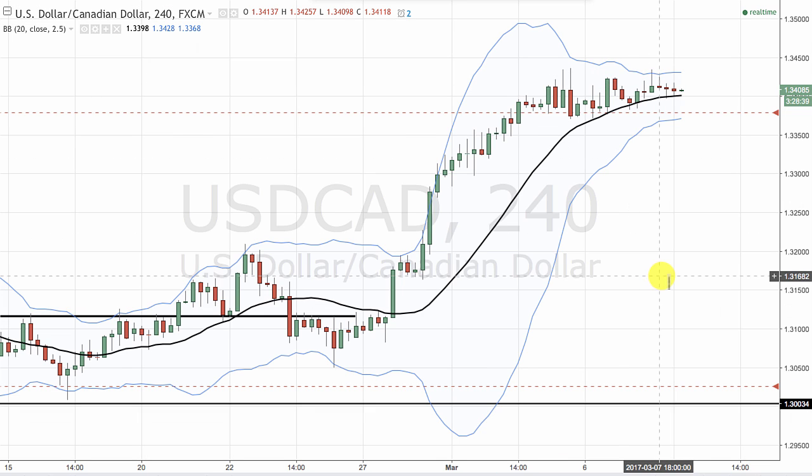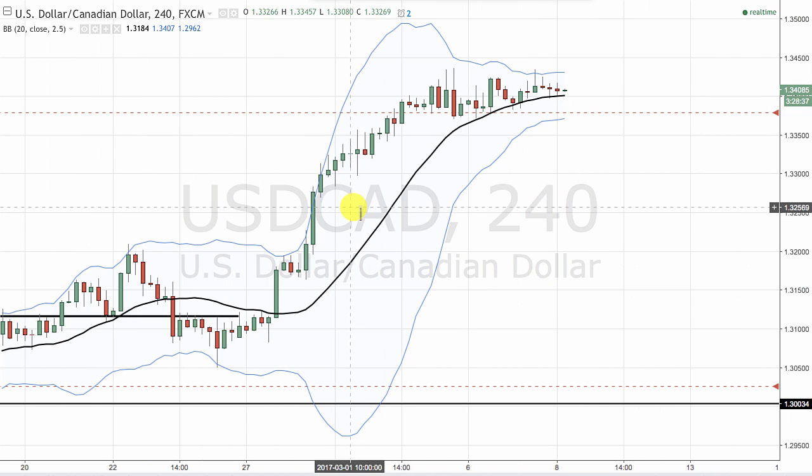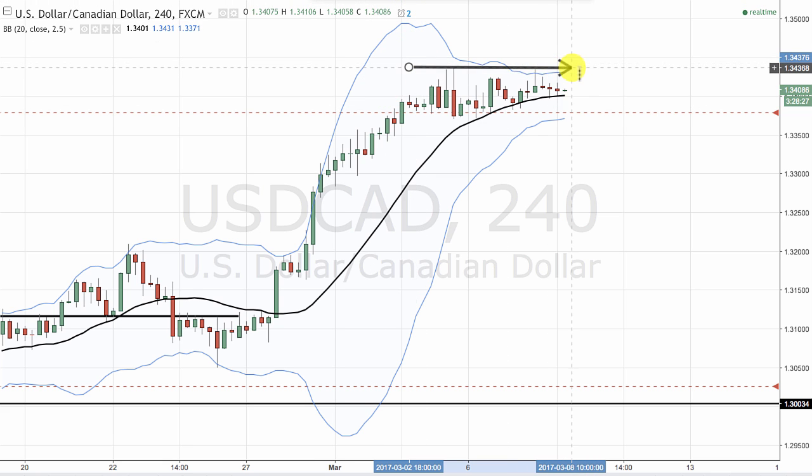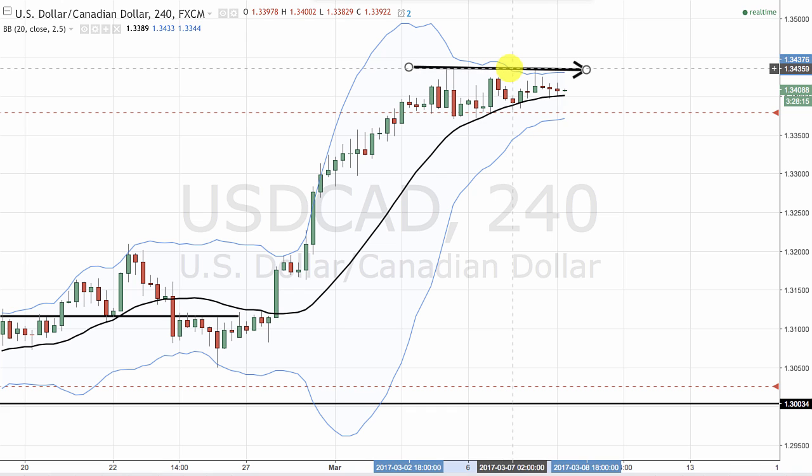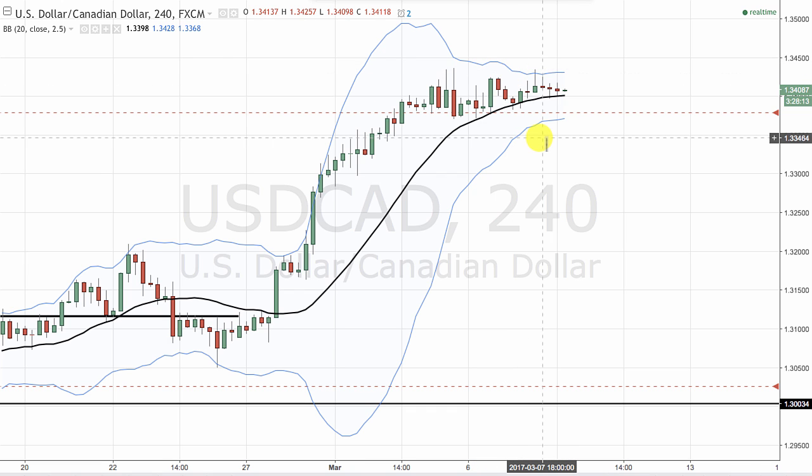To conclude this video, let's take a look at the first example, US dollar Canadian, for our chart. And as I said in the beginning, we were in a strong uptrend, high momentum here to the upside, and then here recently the momentum faded, which just means that price is running out of steam. We are just moving sideways. You can see that price is just going up and down in a very small window. So here we don't have any momentum whatsoever anymore,